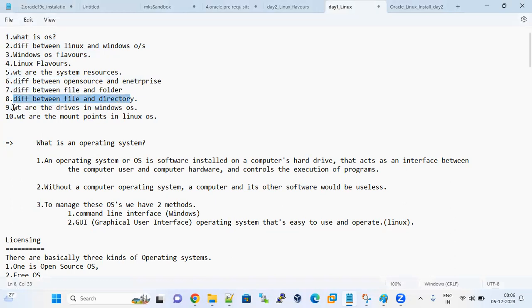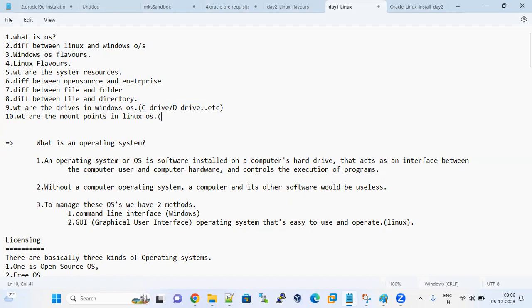What are the drives in the Windows operating system? Means C drive, D drive, E drive. The same way in the Linux operating system, we call them mount points. For example, C drive, D drive, etc. These are the drives in the Windows operating system.